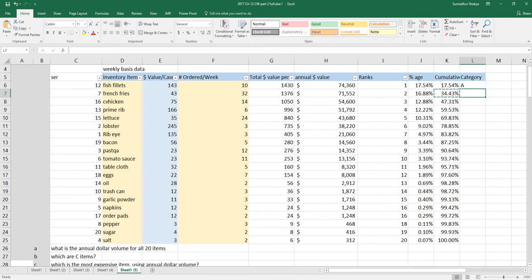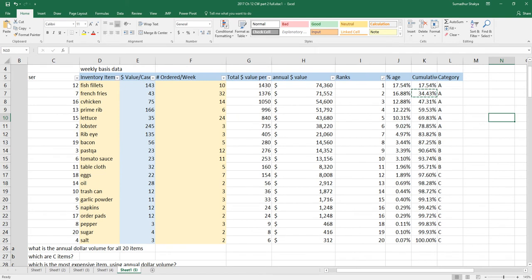As A, and then maybe B, and then C, okay. Now at this point, if I wanted to show this in a compact form, now for what is the annual